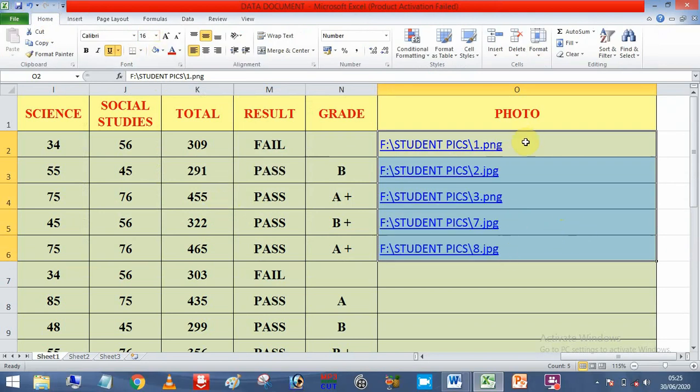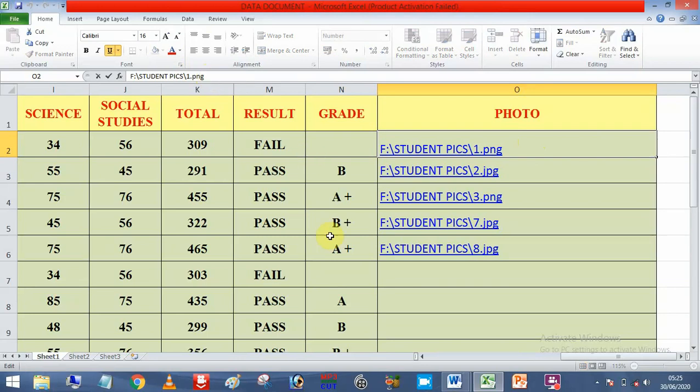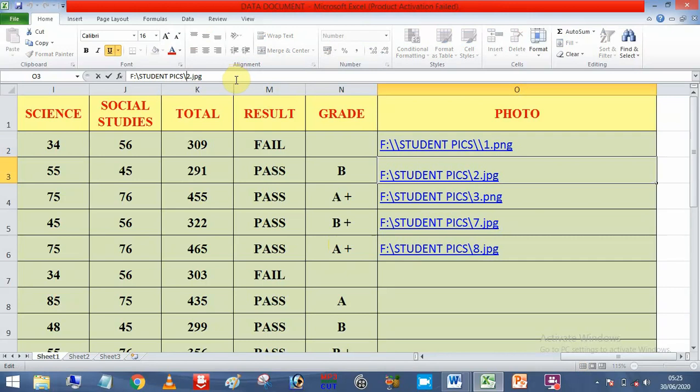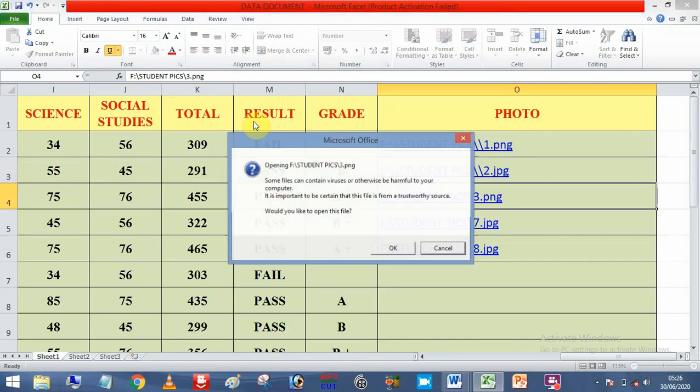So here what you need to do one by one, you see, you just go to the first one, click this here and go to the formula bar. Slowly move the cursor towards the left and go to the slash, include the same slash before that one more. Again move the cursor towards the left, go to the slash, and in front of it insert one more slash, just include the slash. Similarly for the second one, go there, just include this, and go there, include, and go to the third one.